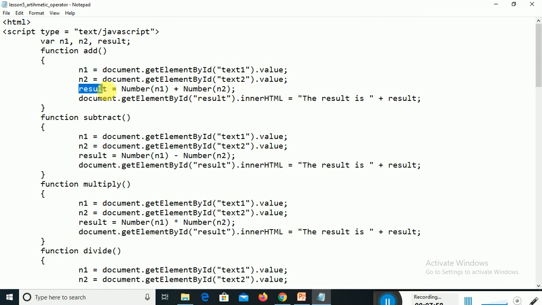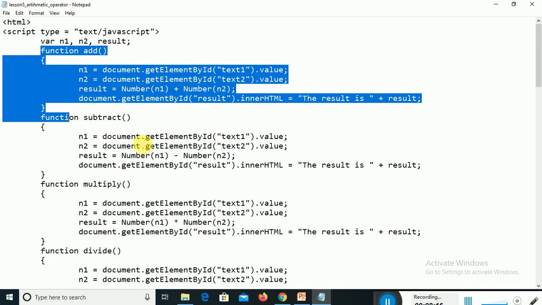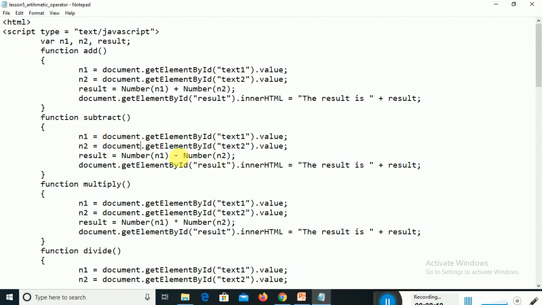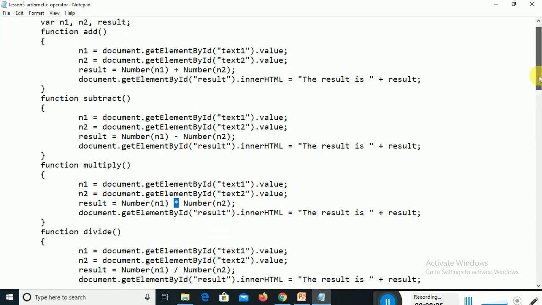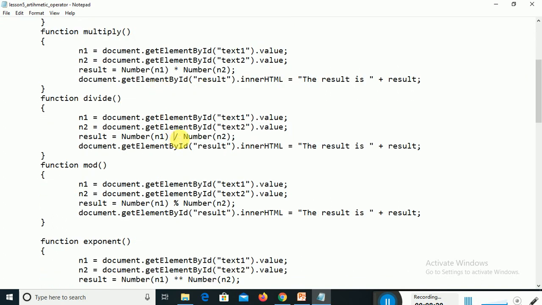Okay, so now how do we see the HTML? In the HTML, you can see that this is for text1 and this is for text2, two text boxes. So the same text boxes I am referring to here, text1 and text2. Both these text boxes I am referring to in the program by using the command getElementById text1, getElementById text2. The same logic I am just applying for different operators here: plus, minus, multiplication, division, modulo division and all.